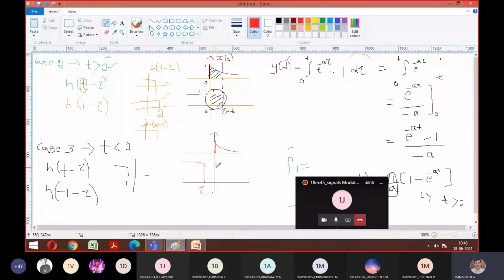No, sir. So then what is the conclusion? You can conclude y of t, the convolution, is equal to x of tau into h of t minus tau. If t is less than 0, then also the output is 0, because there is no overlap. You can look here: one signal is towards the left-hand side, one towards the right-hand side. Overlapping means it should be like this. In this fashion, whichever signal they give, only then do you have to consider the interval. Otherwise, it is kept 0 only.